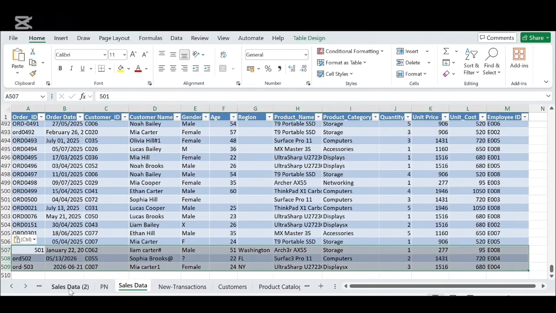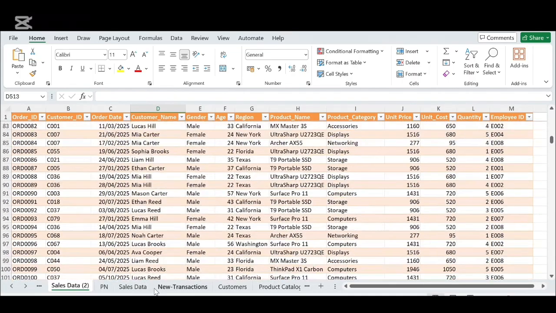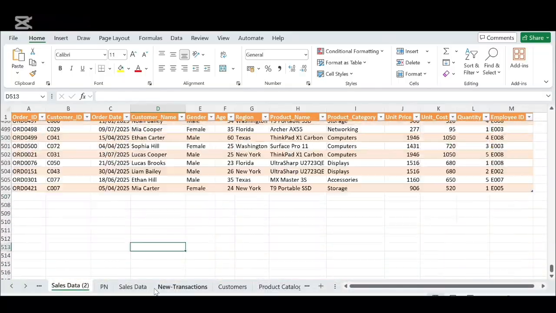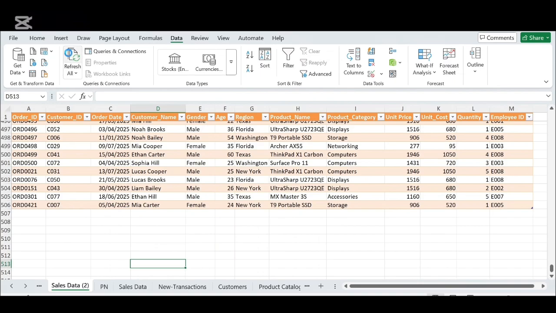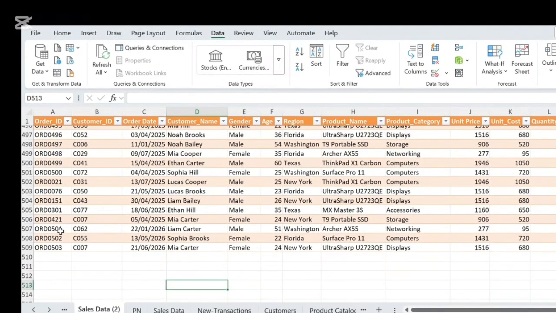So now when you come to our sales data that was loaded in Power Query and cleaned, when we come to data, let's scroll down first so that you can see. When you go to data and just click refresh, you can see now our format in the order ID has been standardized. You can see now we don't have mixed date formats in our data, and you can see customer name,